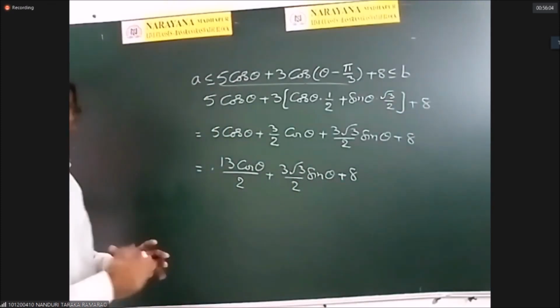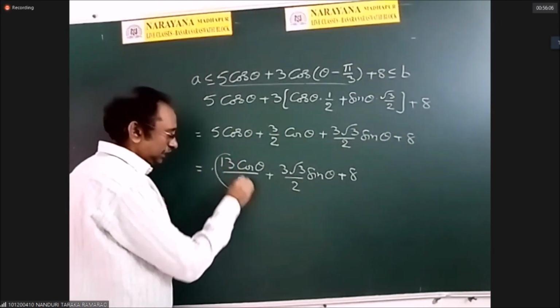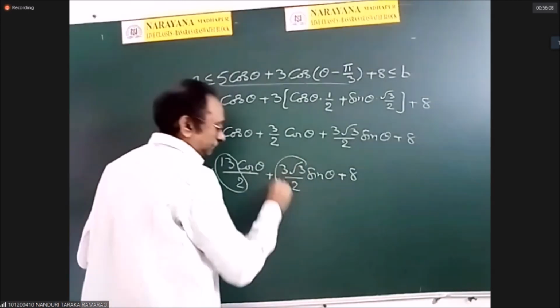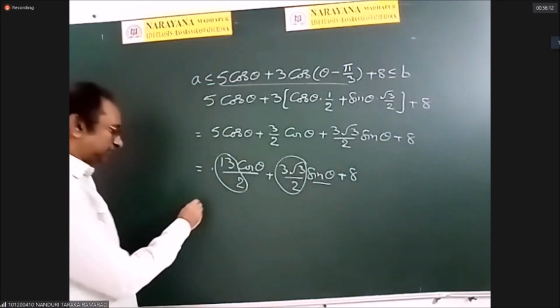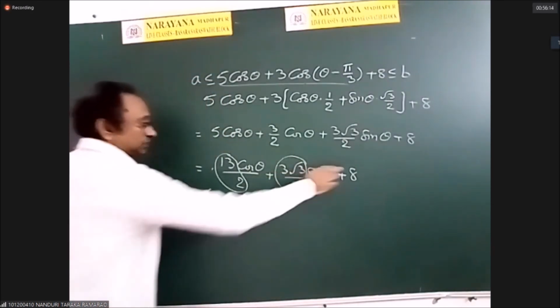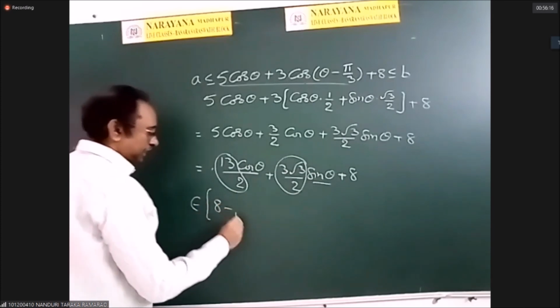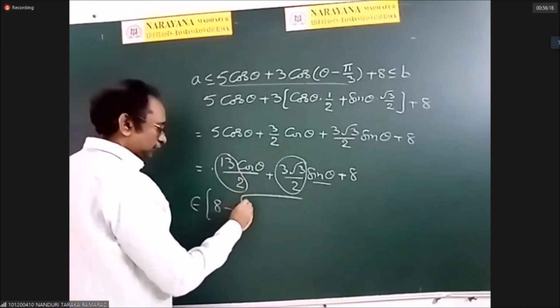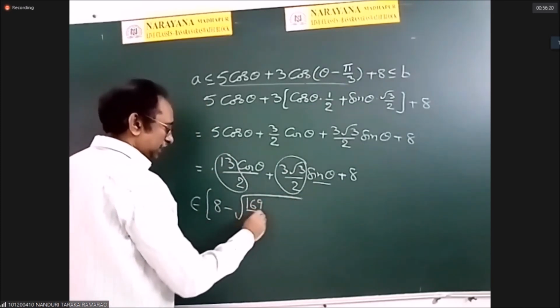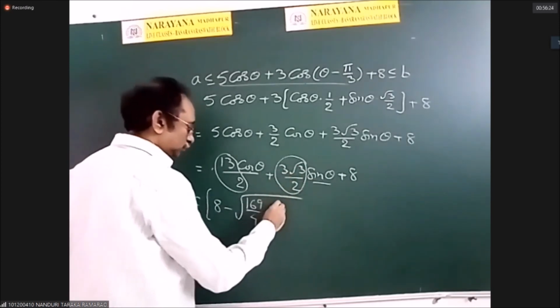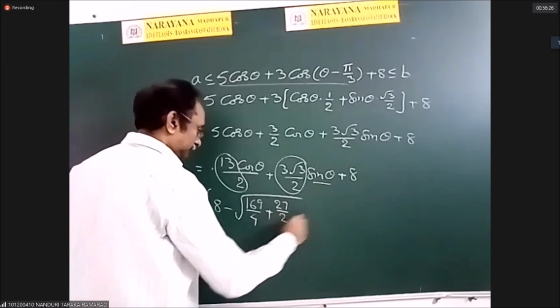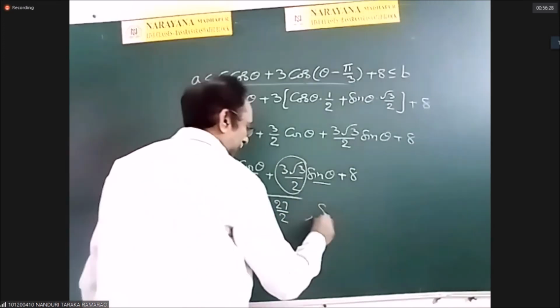Now it is of the form a cos theta plus b sin theta plus c. So what is the range? It belongs to c minus square root of a square, 169 by 4, plus b square, 27 by 4,